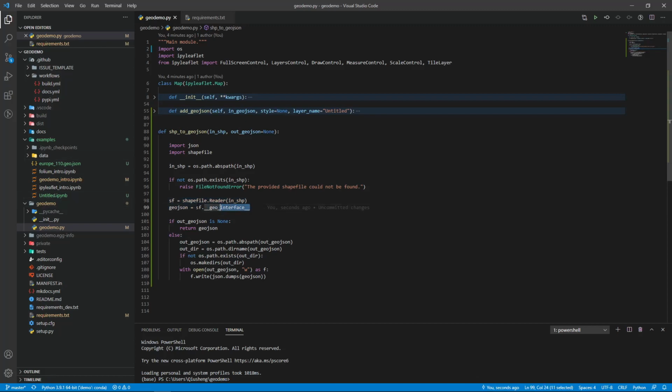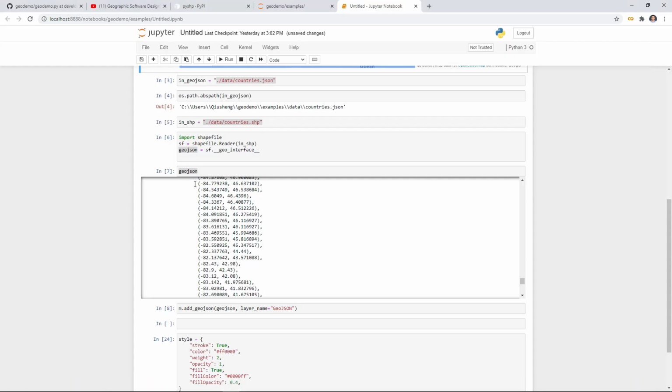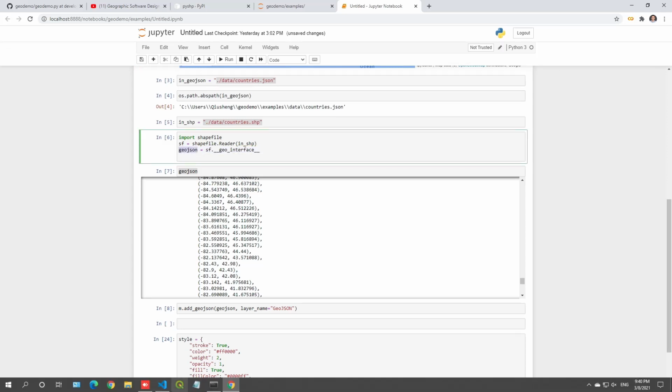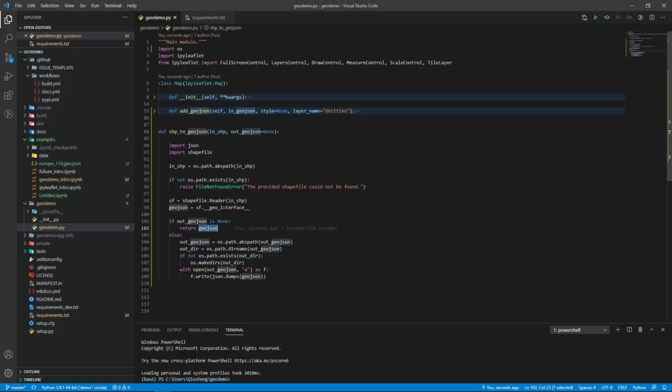So it's convert to GeoJSON, and like I said, if the user does not provide the output GeoJSON, it's going to return a dictionary. So if output GeoJSON is none, that means the user does not provide one. So you just return the GeoJSON, and that's exactly what we did here, right? We haven't tested the function in here yet, but we already know that we can get the GeoJSON from the shapefile. And so if the user does provide the GeoJSON file path, you're also going to convert that one